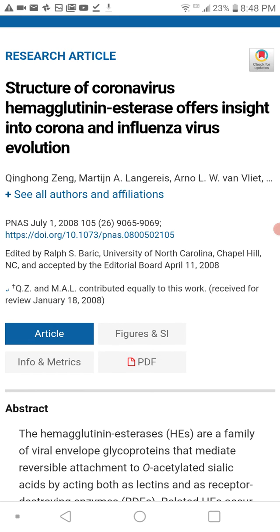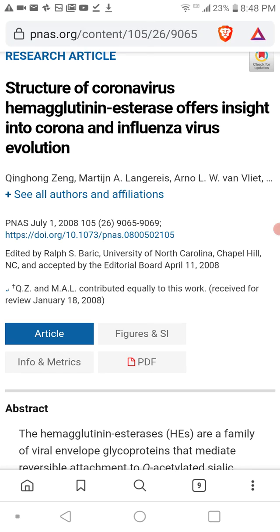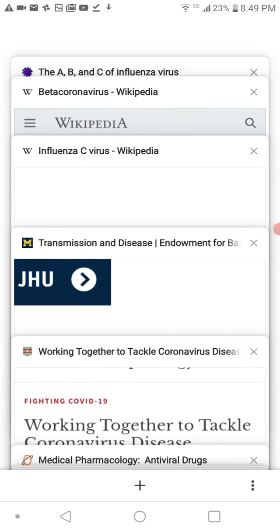See, I think that the correlation between corona and influenza via the hemagglutinin-esterase linkage is exactly what they are trying to keep from the public. They do not want the public to understand the fact that